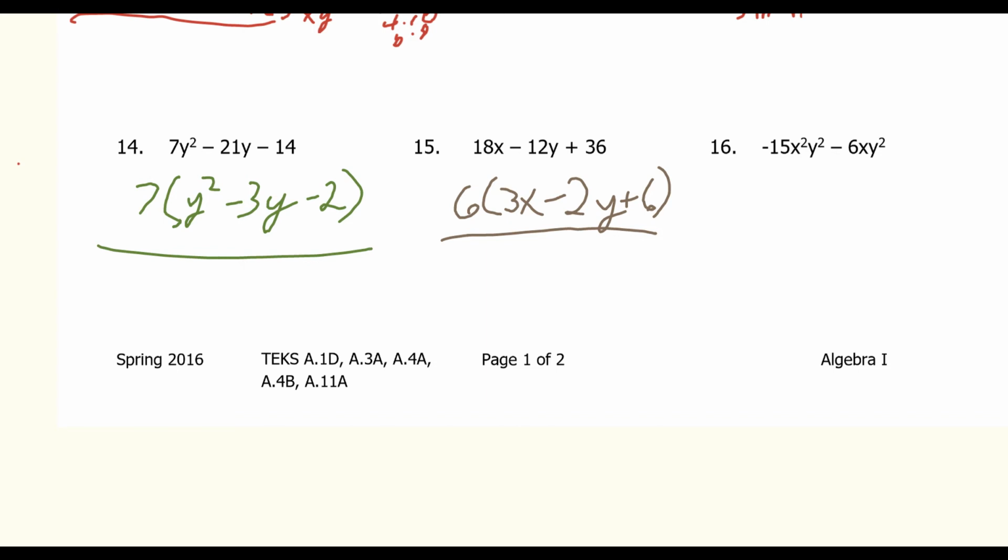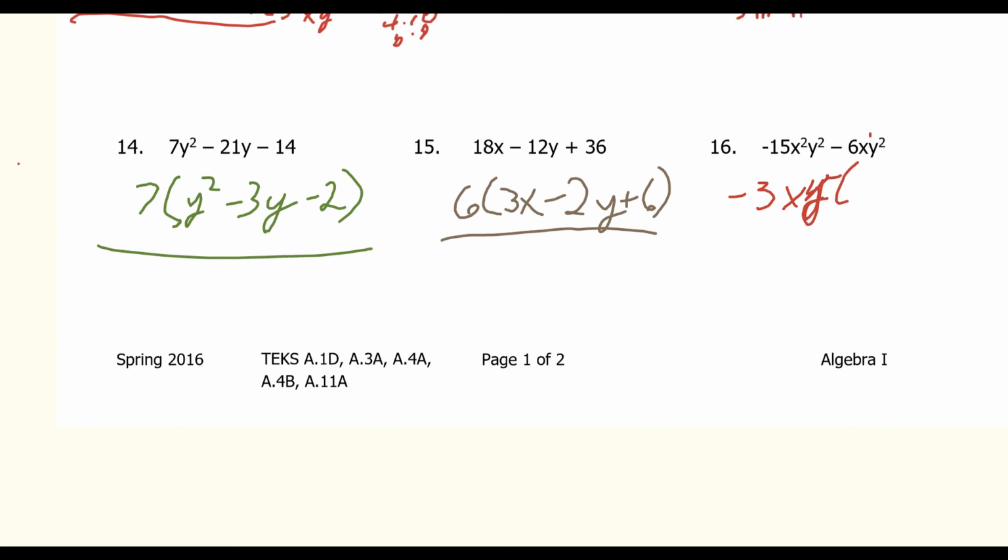Alright? Now, number 16. A number that goes into both 15 and 6. Let's see. I would have to go with 3. Alright, but I'm going to pull out a negative 3 on this one. Now lowest exponent for the x's is going to be just plain x. Lowest exponent for the y's is y squared. That is a y. Alright, so